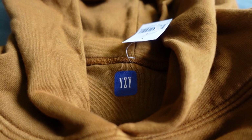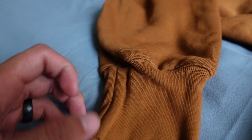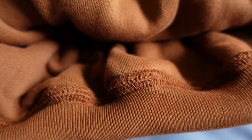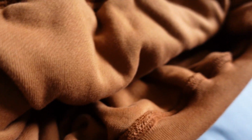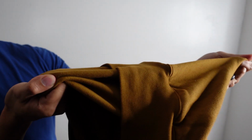Upon closer look, it has a kangaroo pocket. The hood part has no drawstring. It is soft. Seems like the quality is very durable, and double stitching all around, which is a sign of great quality. In addition, sleeves and hem are cuffed. One thing I noticed is that this Yeezy hoodie has 2 layers, which I believe is the cause of the